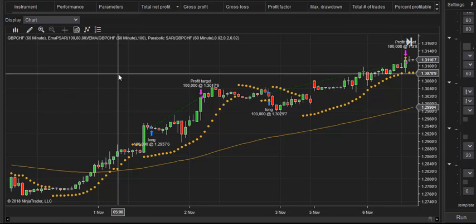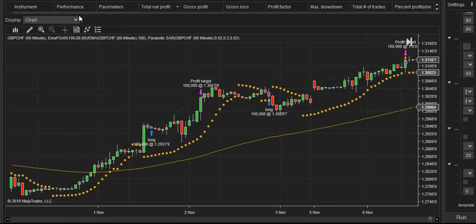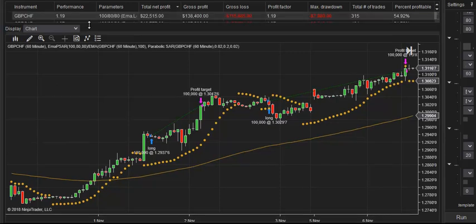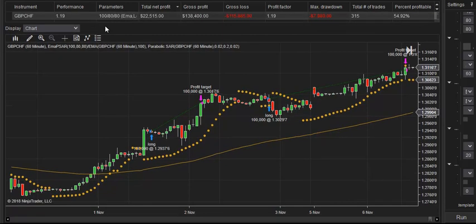Now what I really want to highlight to you is that if you've developed this strategy on the pound franc, let's have a quick look at it. Let's just come down here a bit. Here's the pound franc